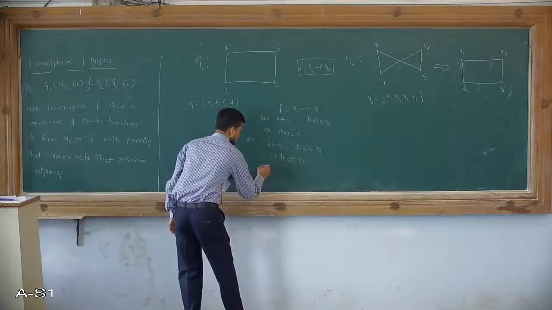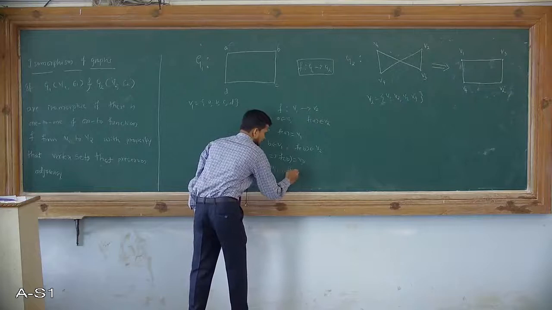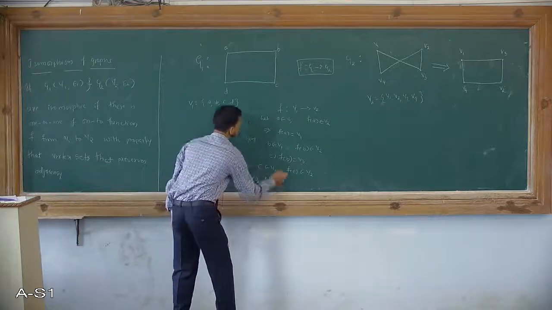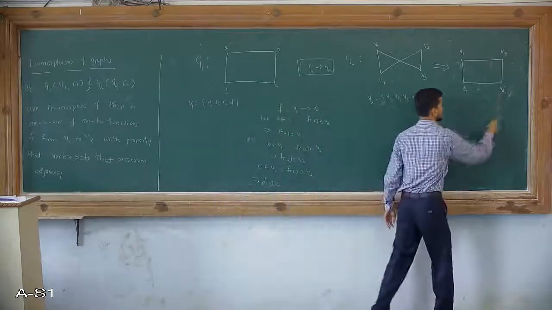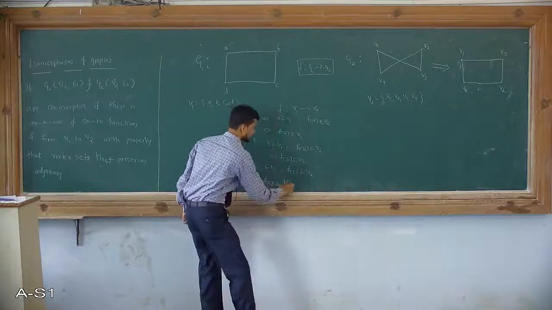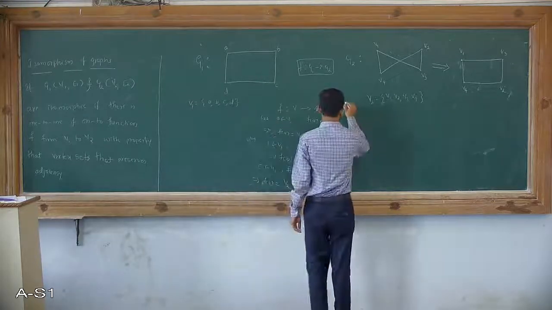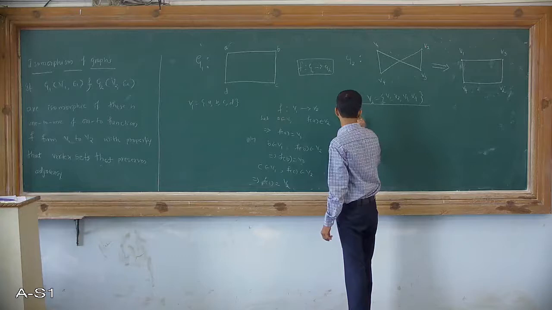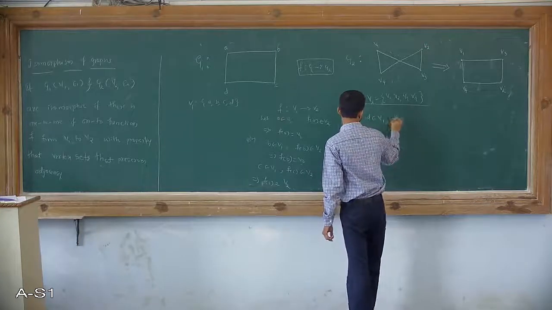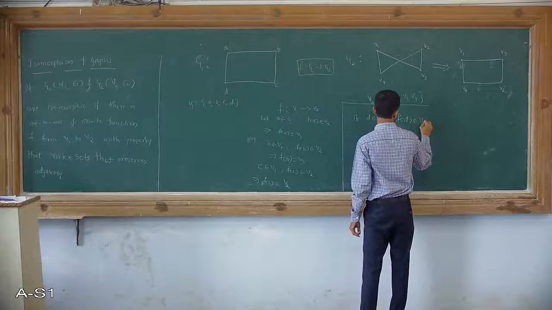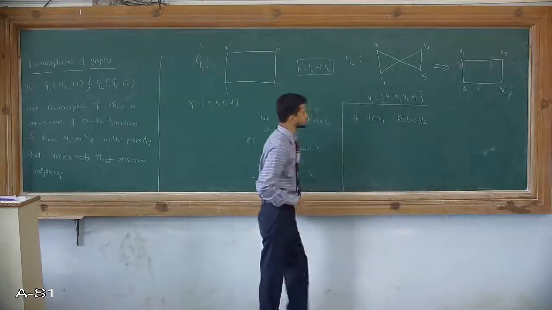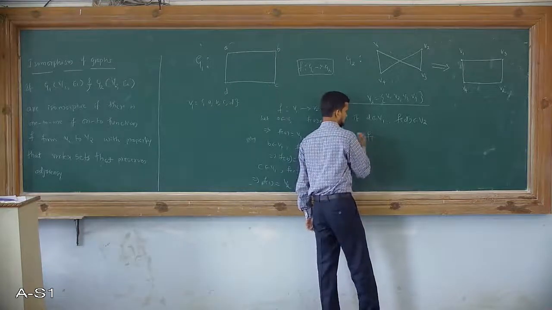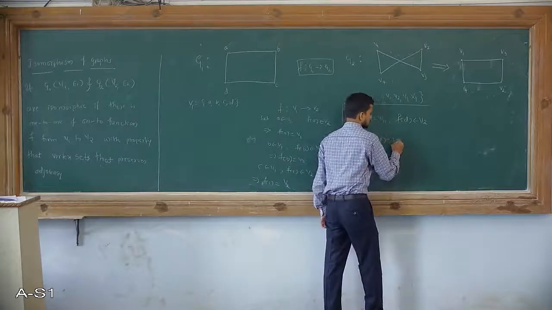C belonging to V1, so f of C belongs to vertex set V2. Here C is this vertex, similarly f of C is equal to V2. And the last vertex: if D belongs to vertex set V1, f of D belongs to vertex set V2. So what is f of D in V2? f of D stands for vertex V4 in graph G2. Therefore, f of D is equal to V4.